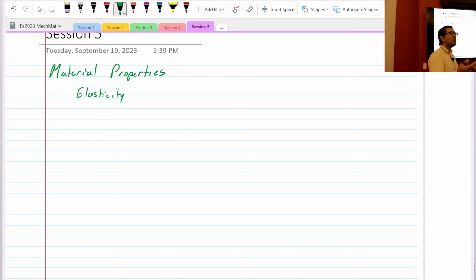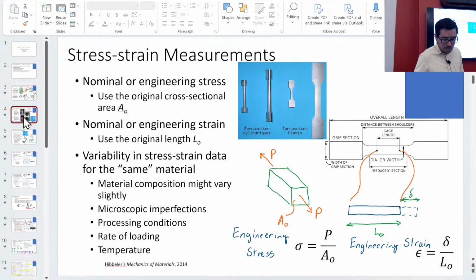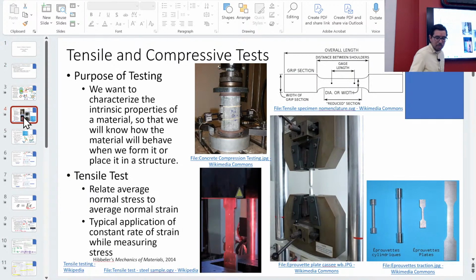So what we do instead is we take little chunks of materials and we test them. And when you test them, we do measure force and position, right? And then we convert that to stress and strain. And you've probably watched the video, so I won't go through all this, but these are the kind of